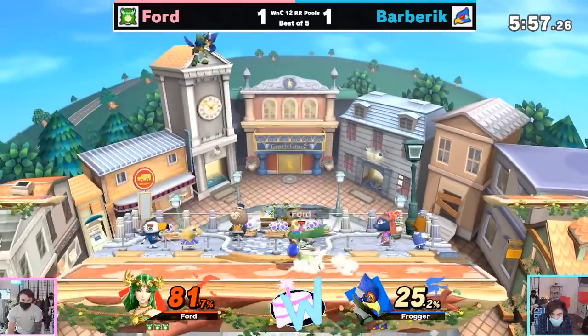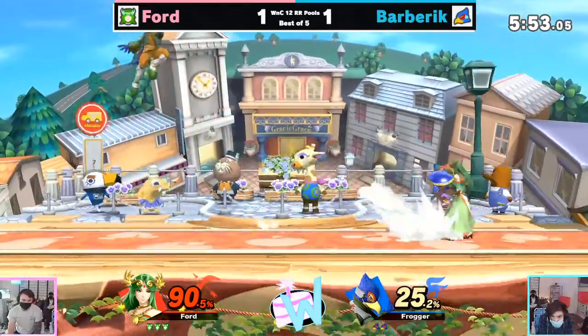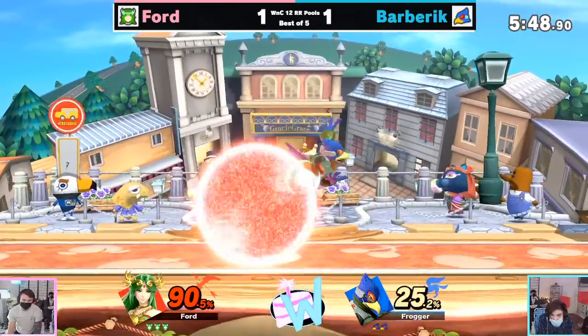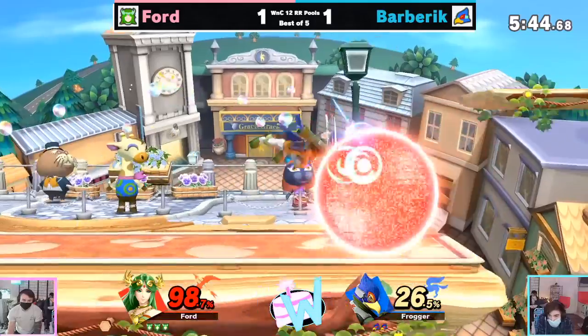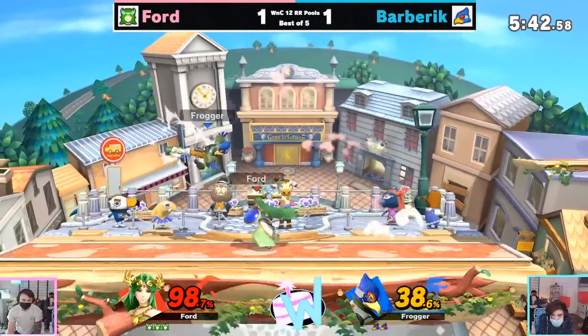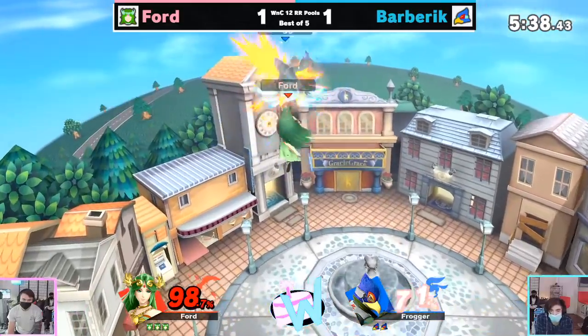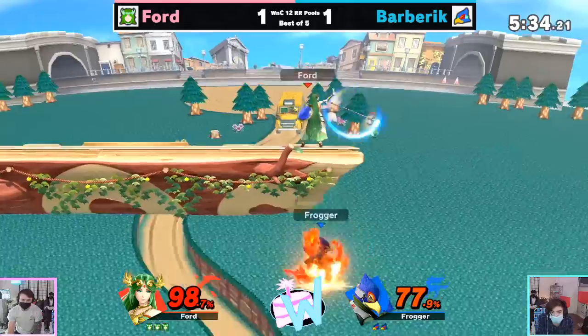Yeah, it was good patience from Barberik, but gets caught by that really quick forward air. This could be a Palutena. Oh, jumps out. The grounded version has a little bit more lag. Yeah. Nice choice again. Yeah, Barberik's ready now. He only got hit by it once, and he's like, okay, not happening again. No more. Okay. Nice patience from forward there. Saved that. Seemed to space that forward air very well, but I think maybe didn't auto-cancel it at the very end there, but...